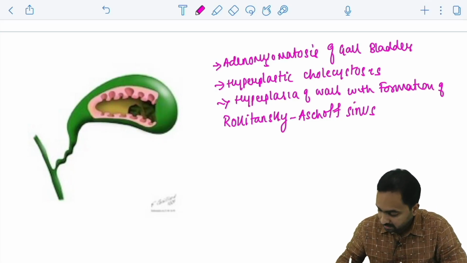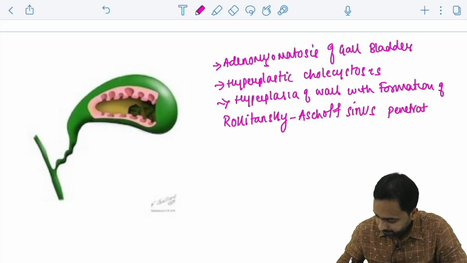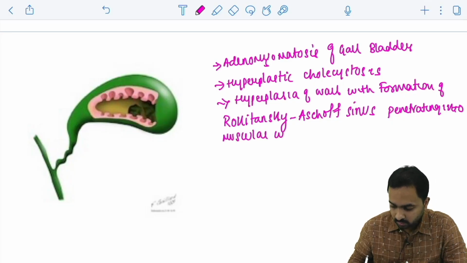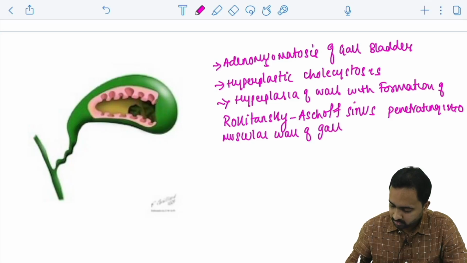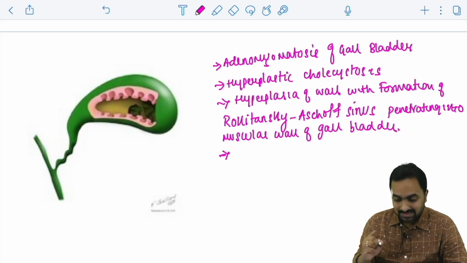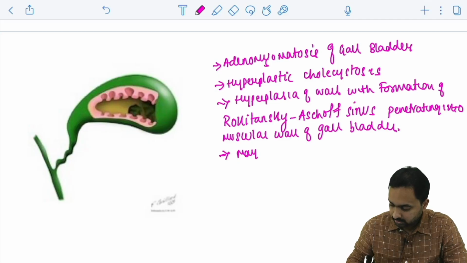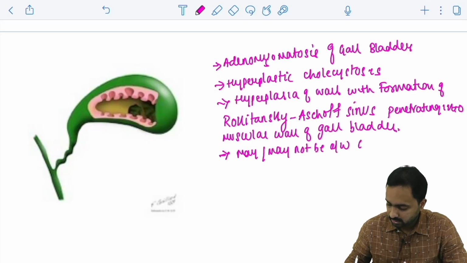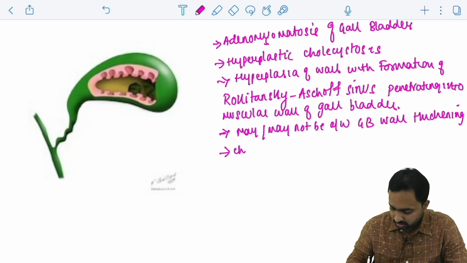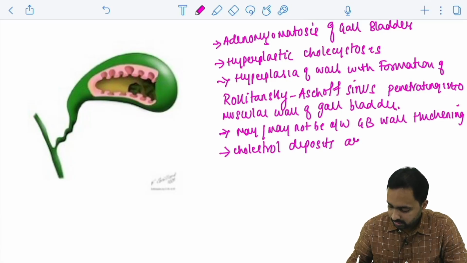So in adenomyosis of gallbladder, there is hyperplasia of the wall with formation of Rokitansky-Aschoff sinuses penetrating into the muscular wall of gallbladder. Now, this may or may not be associated with gallbladder wall thickening. The cholesterol deposits are intraluminal,